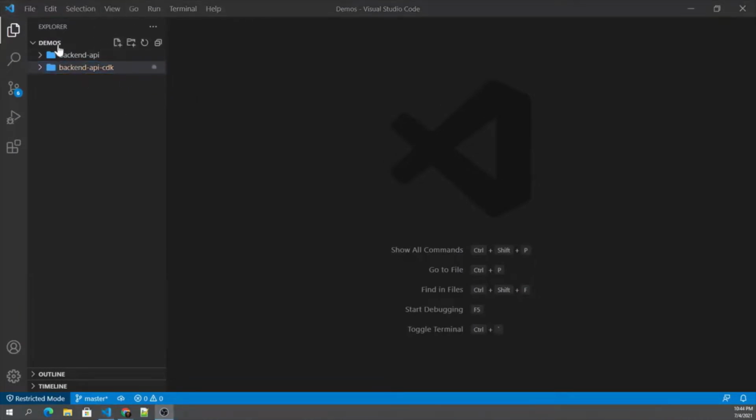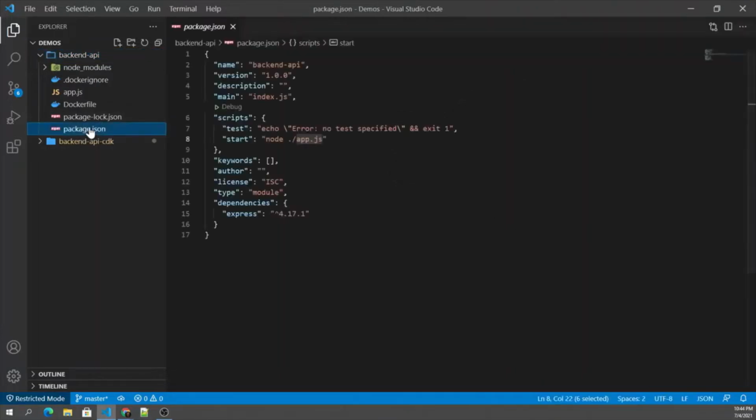As you can see, this particular solution contains 2 folders, the backend API folder and the backend API CDK folder. If you look at the backend API folder, you will have a few files in it. So basically this contains all the Node.js application related code. If you look at the package.json file, we have included a dependency for the Express library, since we are building this Node.js application using the Express framework. And also to start up the application, we have configured a start command pointing to the app.js file, which is